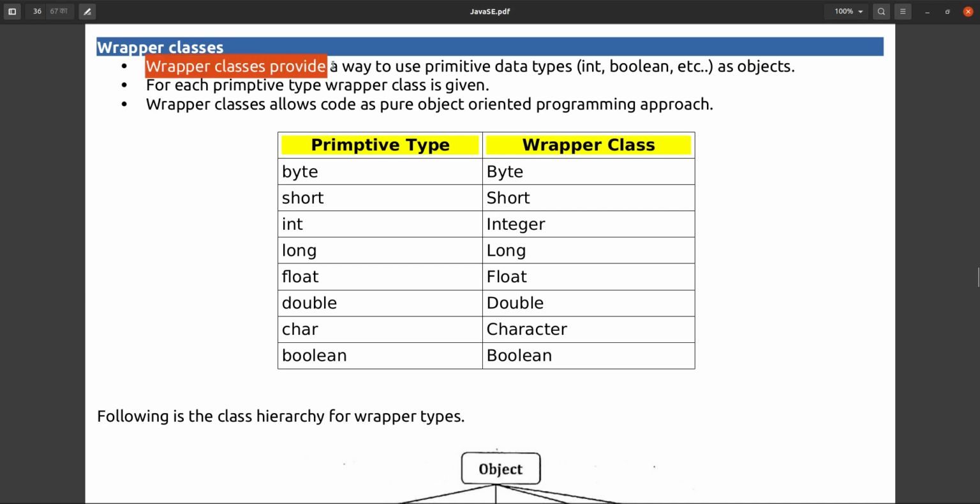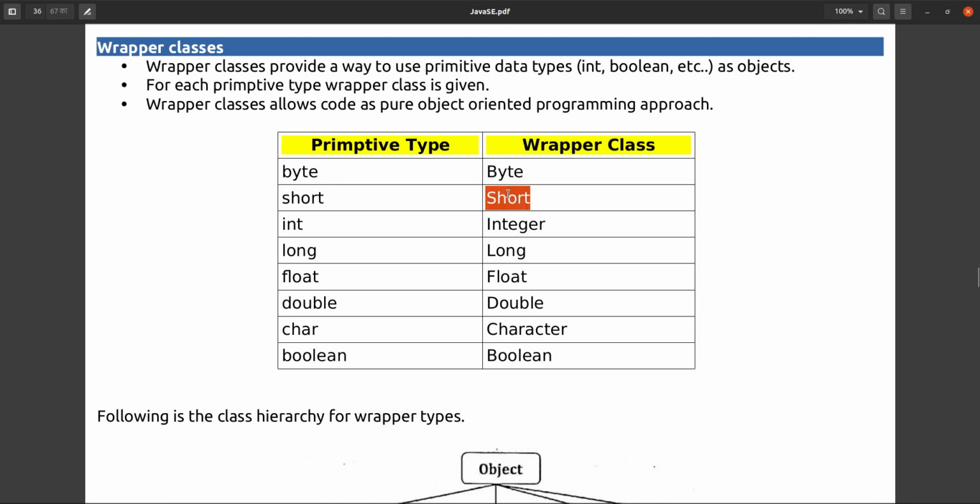Wrapper classes provide a way to use primitive data types such as int, boolean, short, long, float, double, char as an object. For each primitive data type, a wrapper class is given. For byte, it is Byte: here b is uppercase, because this is a class name.